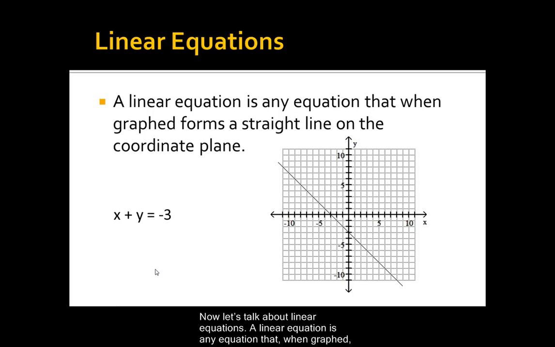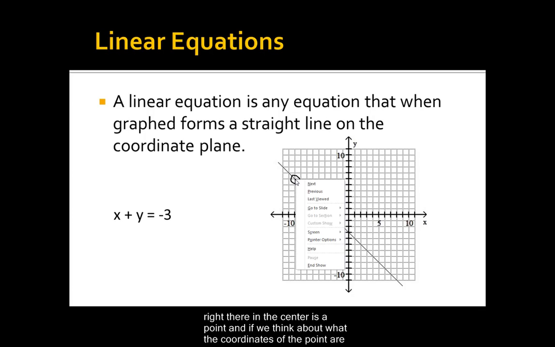Now let's talk about linear equations. A linear equation is any equation that when graphed forms a straight line on the coordinate plane. What do I mean by that? Well, this line represents the equation x plus y equals -3. And what that means is if I picked any ordered pair on this line, and let's pick one and just mark it so you can see it. If we pick a point here, right there in the center is a point, and if we think about what the coordinates of that point are,